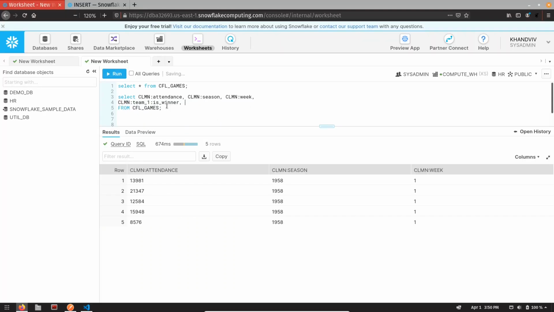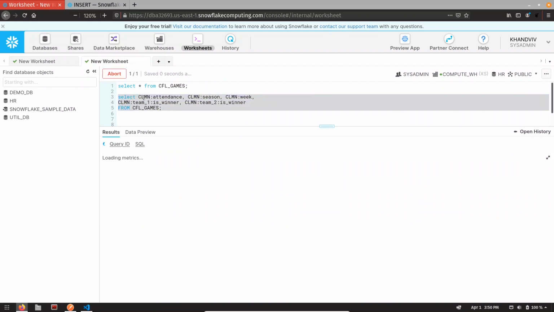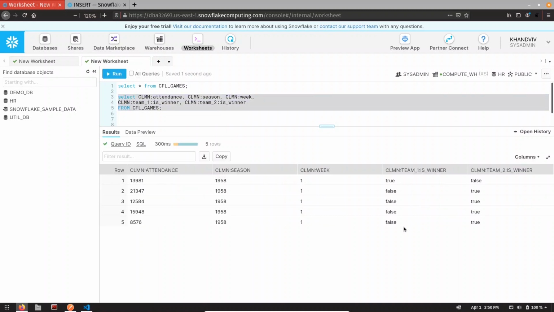In the same way we can simply copy it and fetch the is winner for team 2 as well. Let's run it. You can see we are able to fetch true or false for whether that team is the winner or not.